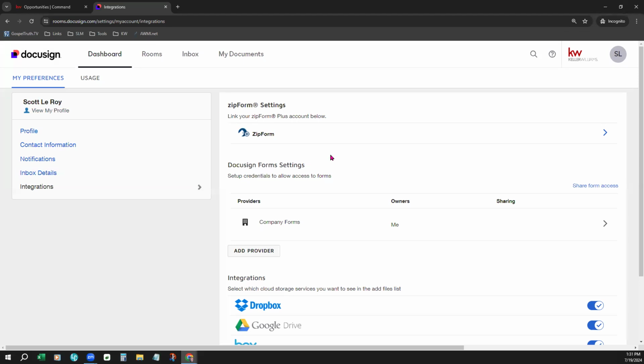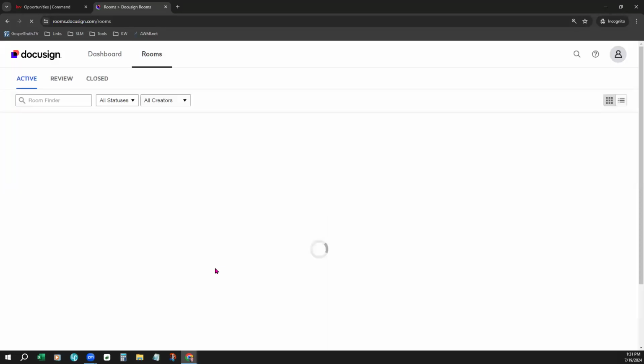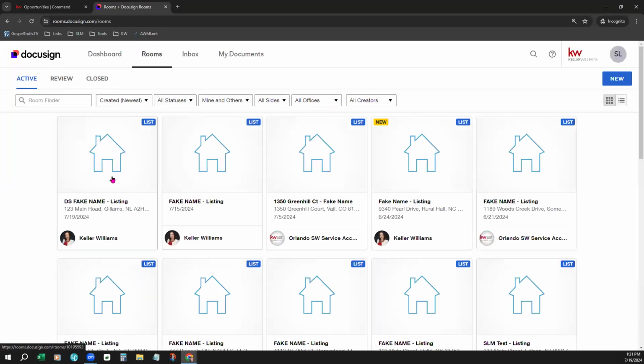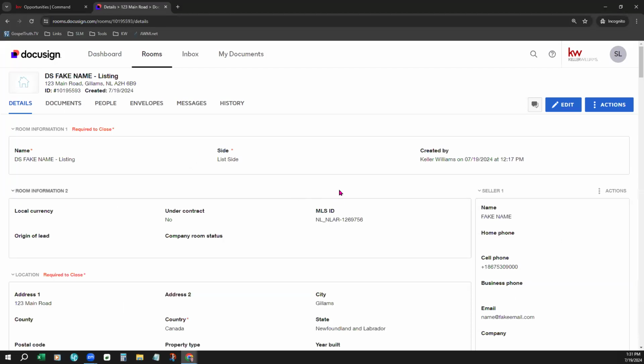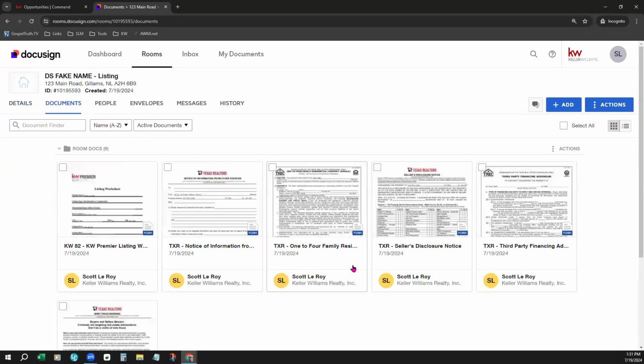Now that we've gotten our accounts linked to it, let's go back up here to rooms. We'll go into our room, click it right here. And then from here, documents. And you can add forms right here to your room. Okay. What we just did was make sure you had access through either your NRDS number, your market center forms,